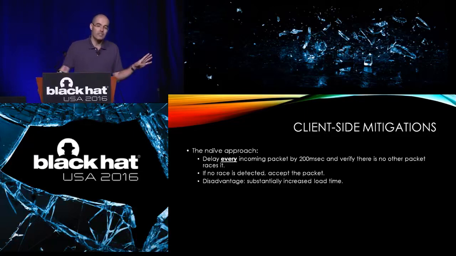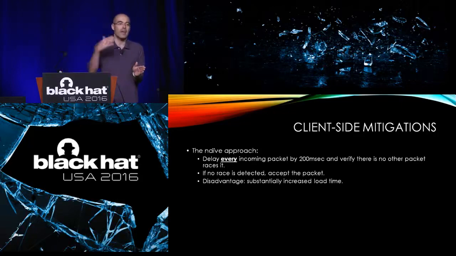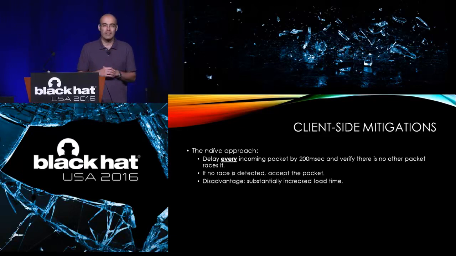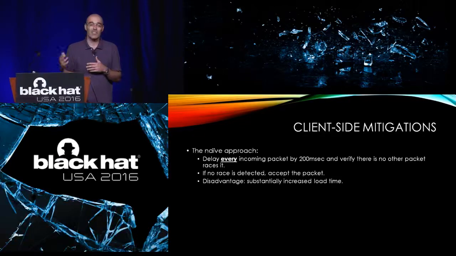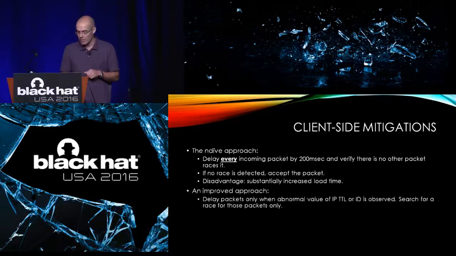In order to block the injection, we need actually to delay each and every packet for, say, 200 milliseconds in order to make sure that the current packet does not have other packets that are racing it. Only after 200 milliseconds that we do not detect a race can we let the packet pass. And 200 milliseconds per packet builds up to a lot of delay. It substantially increases the load time. So actually an improved approach